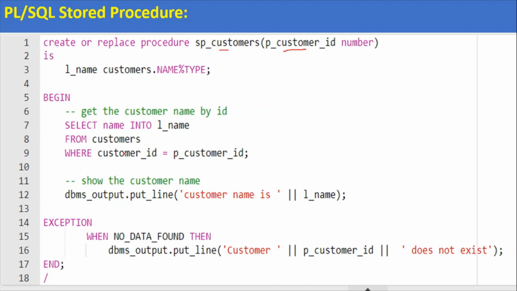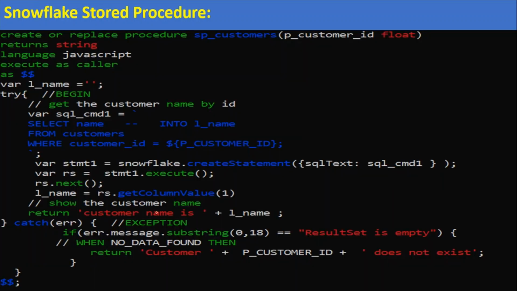If the customer name is not found, Oracle displays that the customer with the given customer ID, say 12, does not exist. If the customer is there, it will display the customer's name. So this is a very simple procedure. How are we going to rewrite the same procedure as a Snowflake stored procedure by using the JavaScript language?